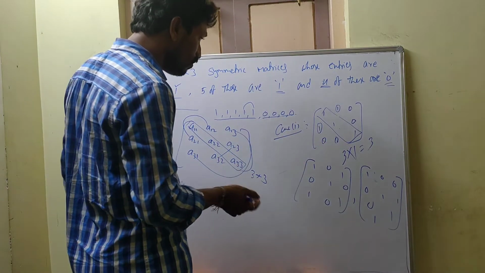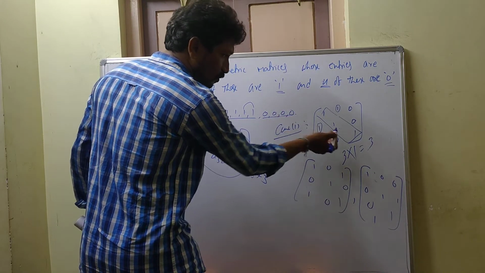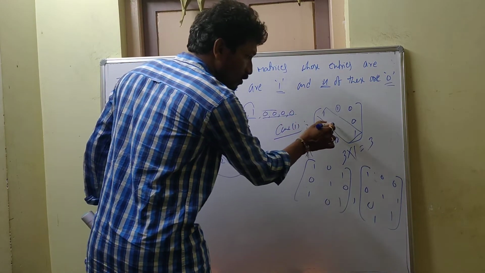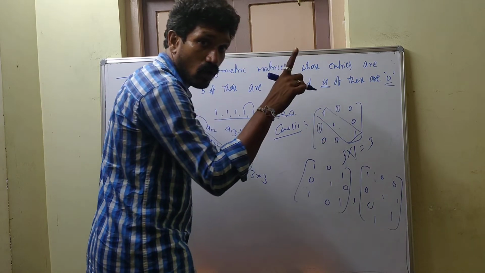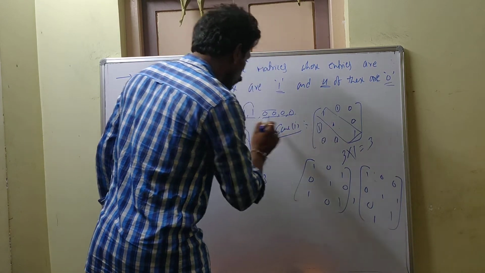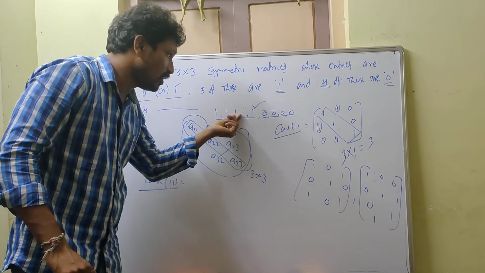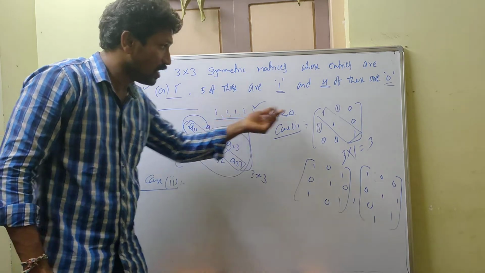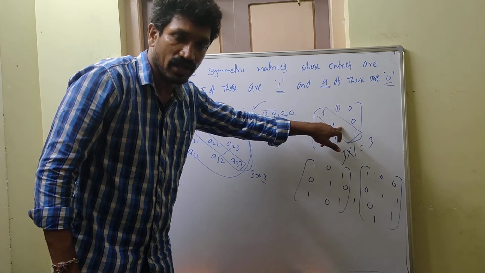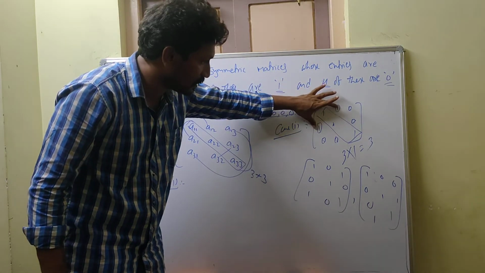Next, 3 zeros is not possible. With 4, there is no 4 positions, only 3 positions. If you fill 2 zeros in these 2 positions, then you have one more blank place in the principal diagonal element. That blank place you can fill with 1. Then the left over number of ones is 4. These are an even number of positions. If you want to fill the remaining non-diagonal entries, all of them should be an even number of positions, because these are similar positions.